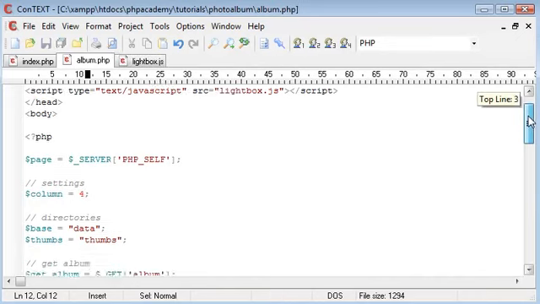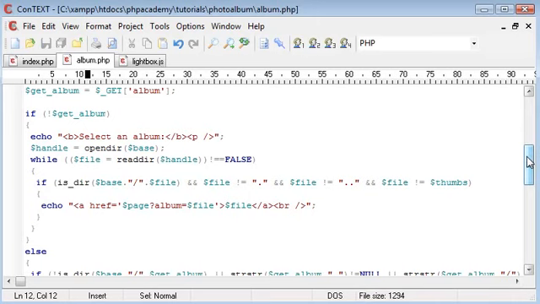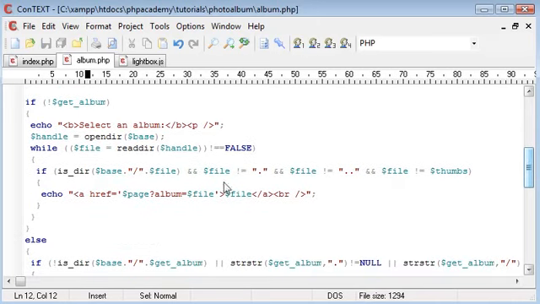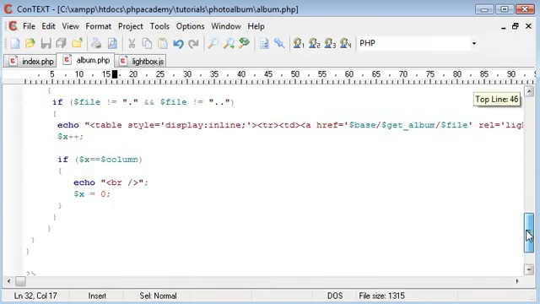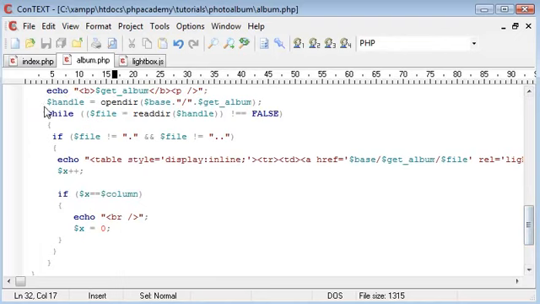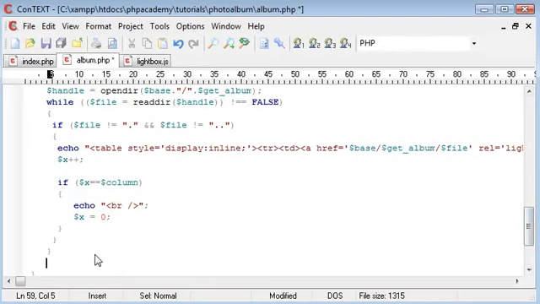Okay, so one thing that I've forgotten in each instance of opening our directory is closing the directory after we're done. We do this just by closedir and handle, because that's how we've opened our file. This is how we're closing it. And we'll come down and do this under here as well. Let's just look for where we want it to be. It will be underneath this red one here. Closedir